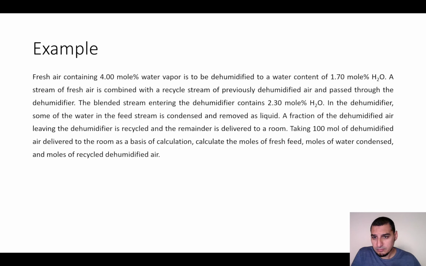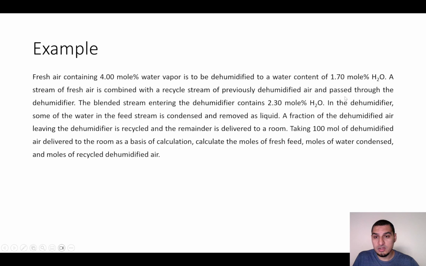So what we have here is an air conditioning system. We have fresh air that contains 4 mole percent water vapor, and it's desired to dehumidify this air to a water content of 1.7, meaning that we want to reduce the water vapor content in the air. And we are told that a stream of fresh air is combined with a recycled stream from previously dehumidified air